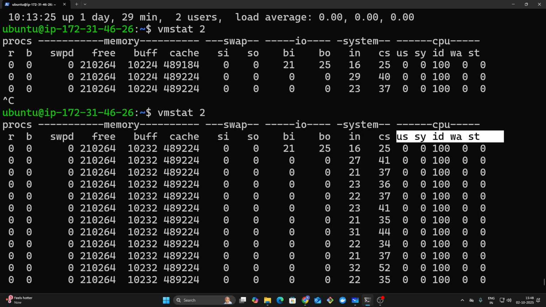Then the CPU percentages. us is user CPU, sy is system CPU, id is idle, wa is input output wait, and st is steal time. In our output, user, system, wait and steal time are 0 only. Idle is